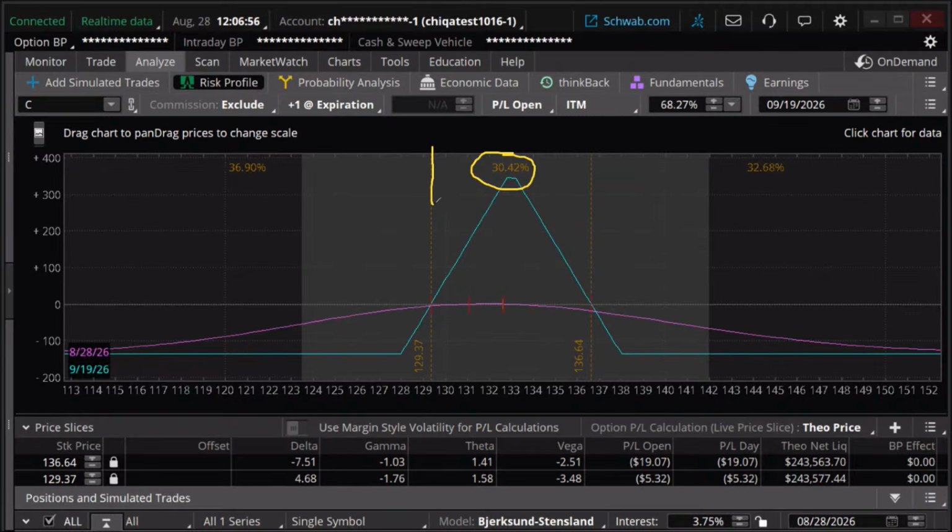Here's our break even on this. About a 30% chance it's at break even or better. Well, those aren't great odds. Now, there's some good things about it. One of the bad things is, we can change it depending on strikes and stuff like that, but they tend to be lower probability. That's the bad side. That's not good.